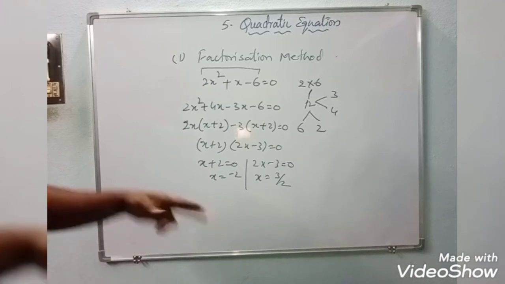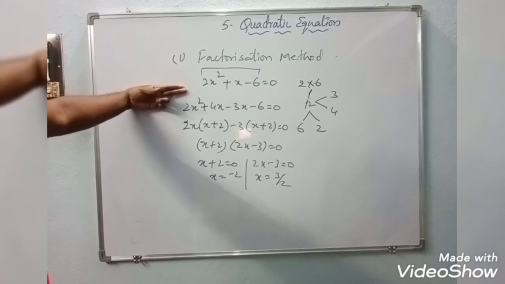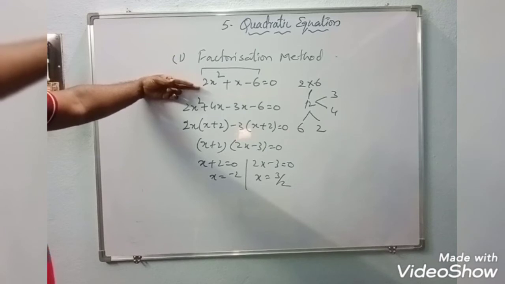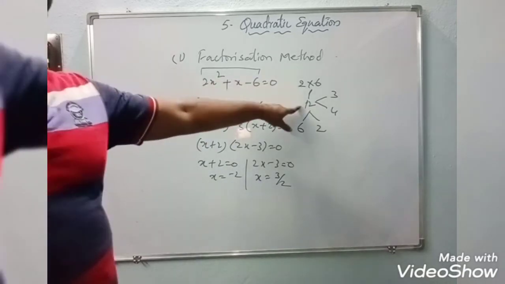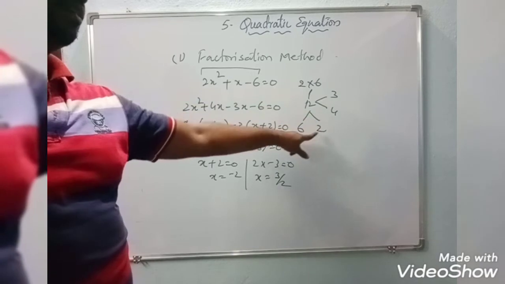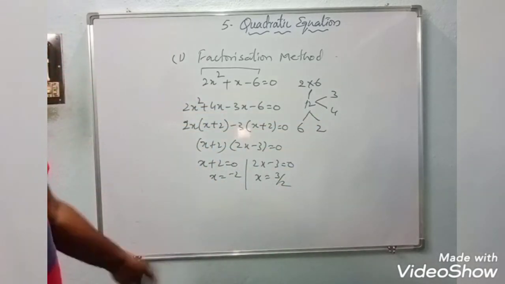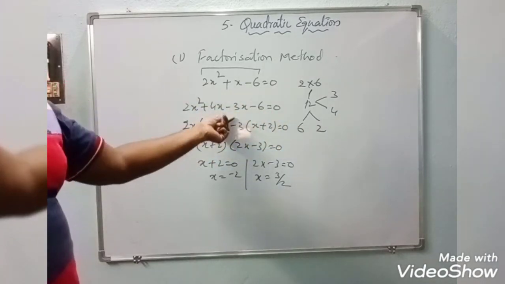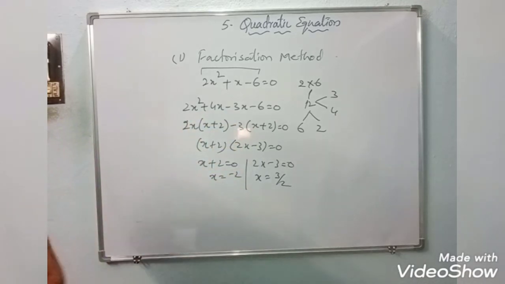So we have two methods in factorization, one is the simple method, another one is this method, right? In the simple method we don't have any value with a, but in this method we have a value with a. So what we are doing is multiplying the first and the last value. After multiplying we are seeing the factors in which that particular value is multiplied, or we have to see the tables, then based on that we have to add or subtract so that you will get the middle value, and continue the process. Now coming to the second method. Second method is nothing but